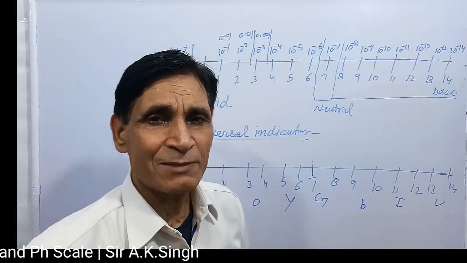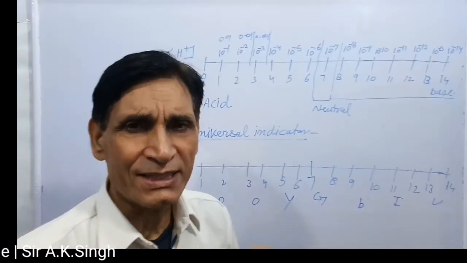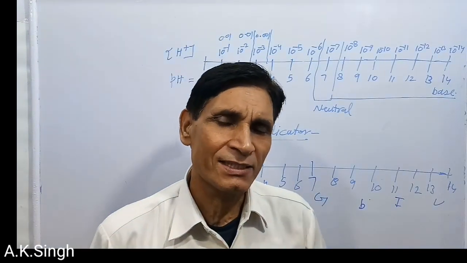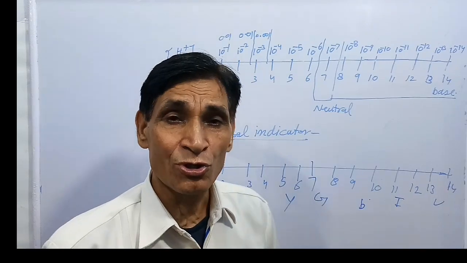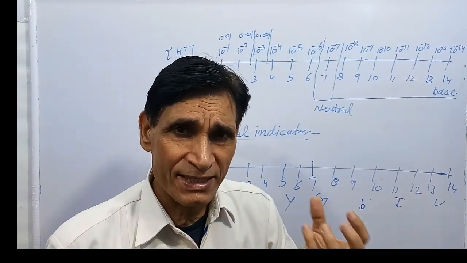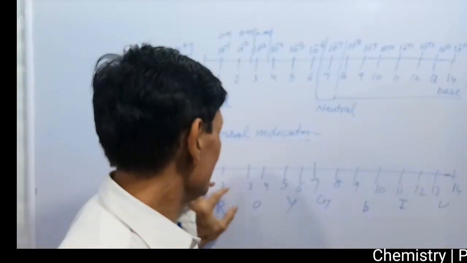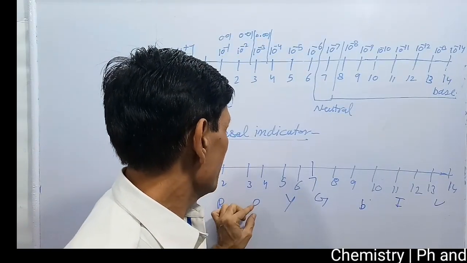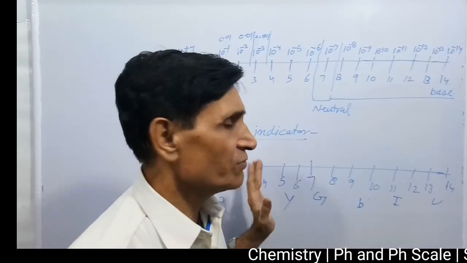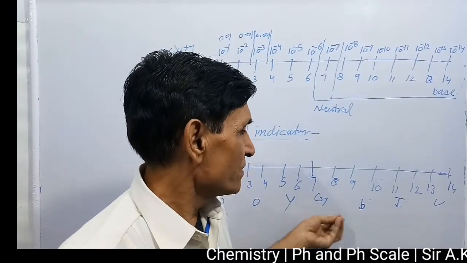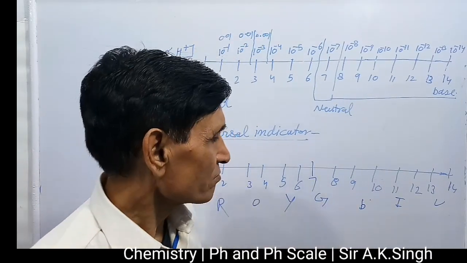Acid base indicators like phenolphthalein, methyl orange, litmus solution only tell whether the solution is acidic, basic or neutral. But this universal indicator also shows a certain range of pH value of that solution. If it is red, orange, yellow, or green, that way you can determine some approximate value of pH also.